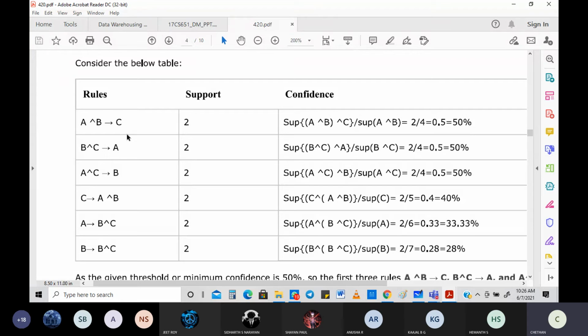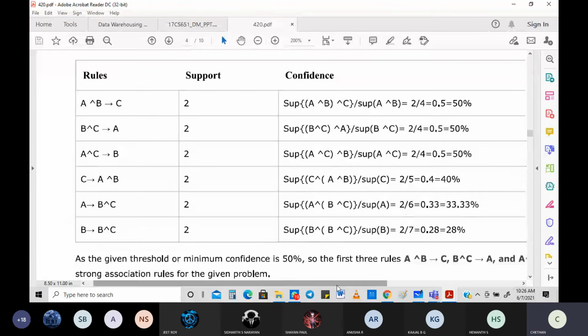50, 50, 50. When you calculate for each and everything, only ABC, because that's what we got with regard to the Apriori principle. All combinations of A, B, C: A and B with C, B and C with A, and C with B, C along with A and B, A along with B and C, B along with A and C. When you figure that out, 50, 50, 50, then you get 40% here, 2 out of 5. Then again 2 out of 6. Then 2 out of 7. So this is what you got.